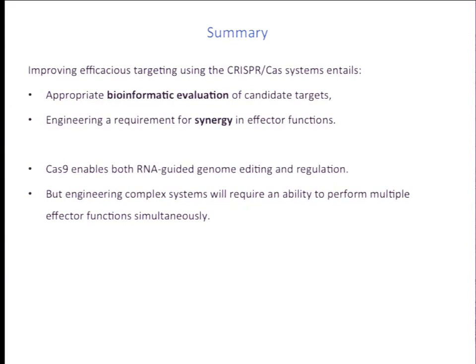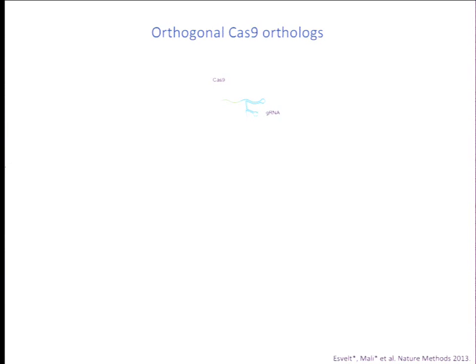So to solve this last aspect of the genome engineering toolset, we decided to engineer orthogonal Cas9 guide RNA systems, where each Cas9 guide RNA system could have its own effector functionality, and these systems would not interact with each other. The idea behind the study was, can we actually find orthogonal Cas9 orthologs? There are at least 2,000 Cas9s that have been documented from metagenomic literature. And the idea was, are there orthologs in this database that are orthogonal to each other?